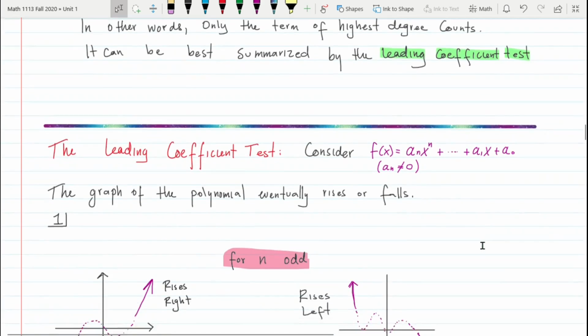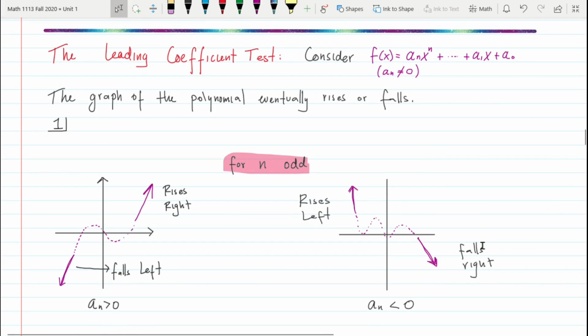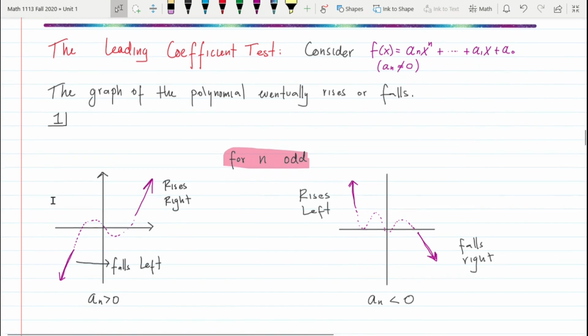So, the leading coefficient test. You want to consider the polynomial where a sub n is not equal to 0, right? There's a number other than 0 in front of x to the highest power, or whatever variable, but mostly x. So, the graph of a polynomial,